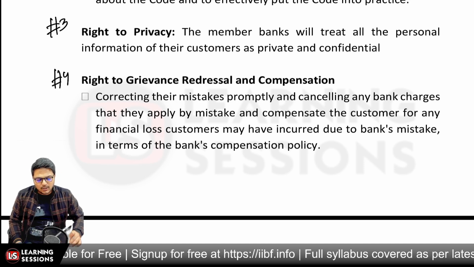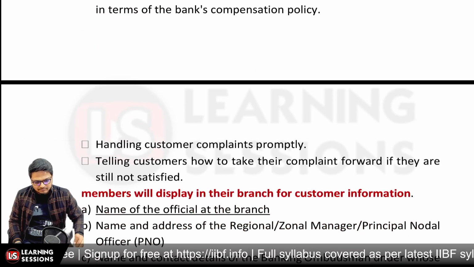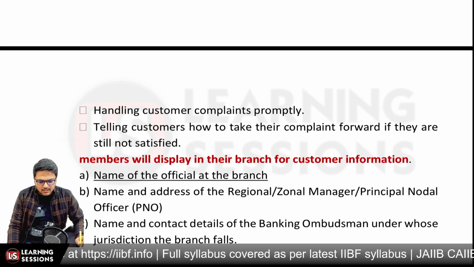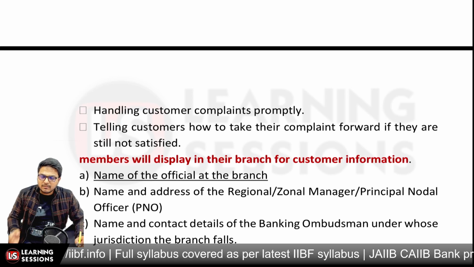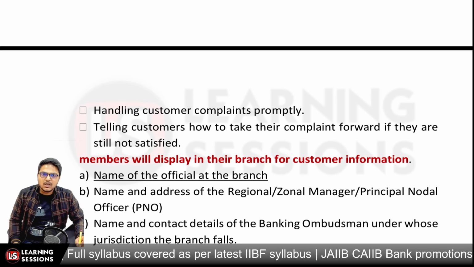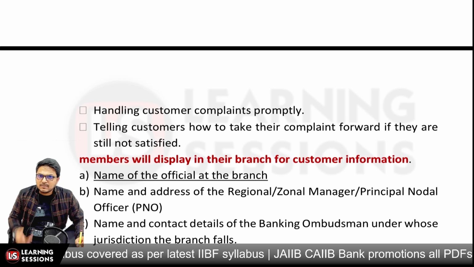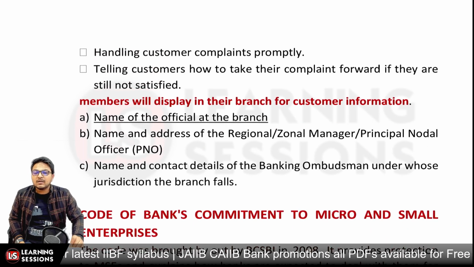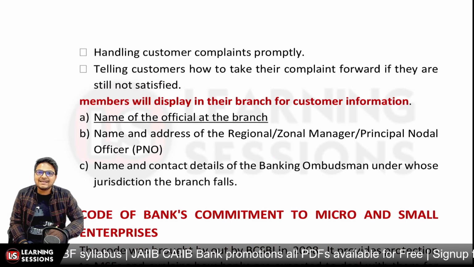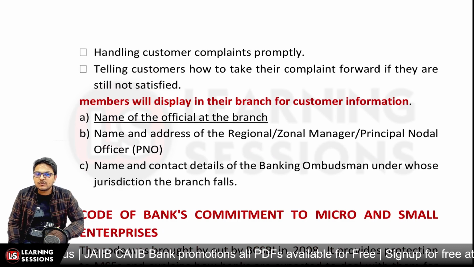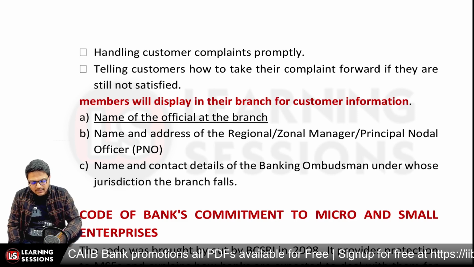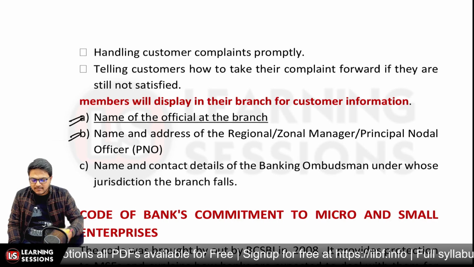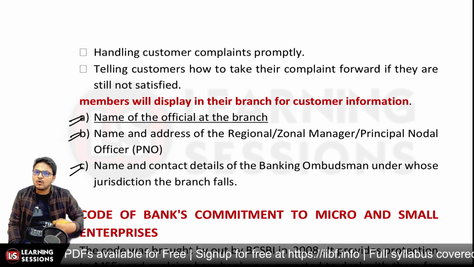And further, also related to the nodal complaint officer, or particularly the principal nodal officer, and the name of the official of the branch, your ZO, your ZM, RM or principal nodal officer. All this information must be indicated. And again with that, the information related to the banking ombudsman, under whose jurisdiction the branch falls, must also be available. So related to the branch manager, your RO, RM, ZM, and the banking ombudsman, all the